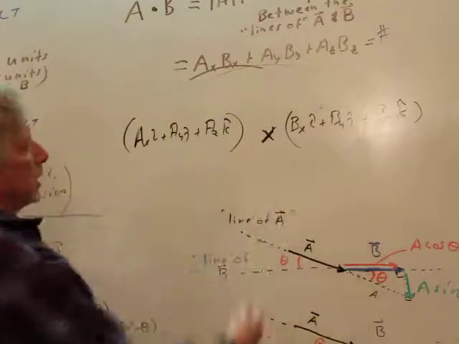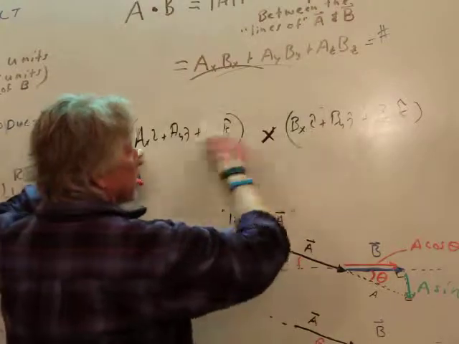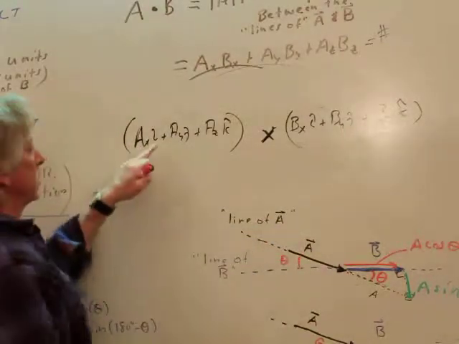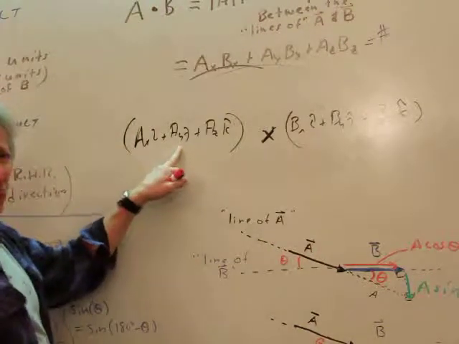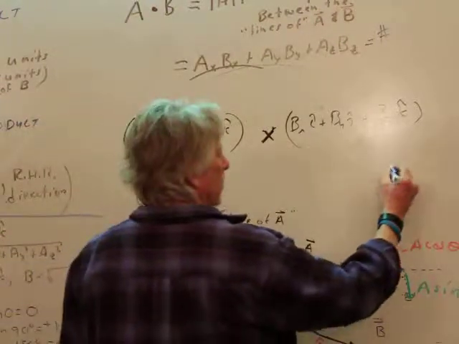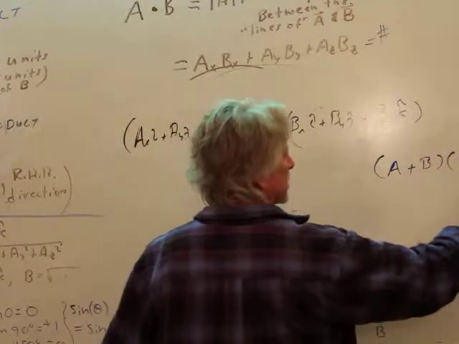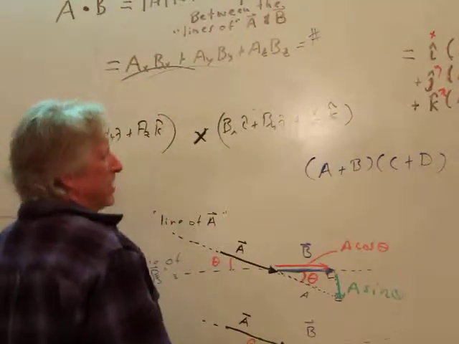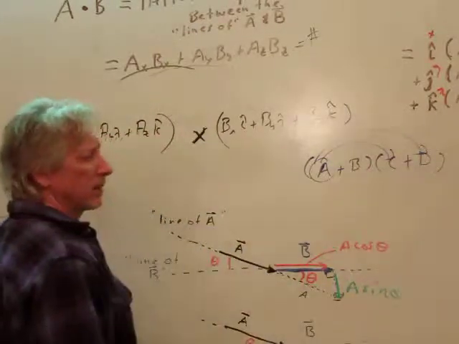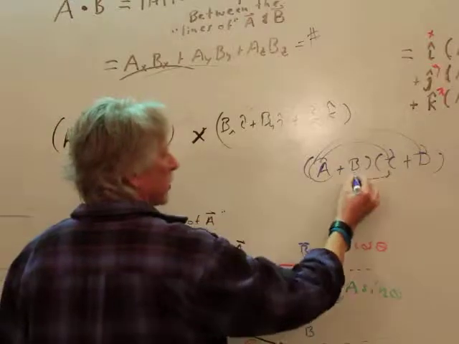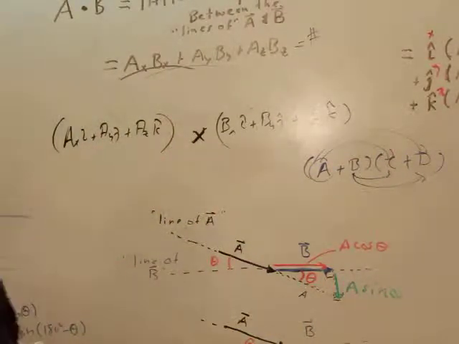Multiplication. Any algebraic multiplication like this is just take the first term and multiply it across. Take the second term and multiply it across. I'm not really big on that whole FOIL thing, where you have A plus B times C plus D. Just take A and multiply it times that, and then take B and multiply it across. And you can do that for as many as you want. So now, though, our rule,